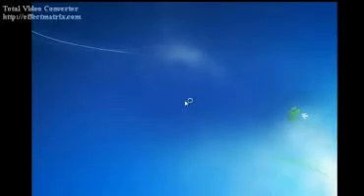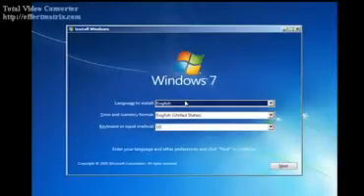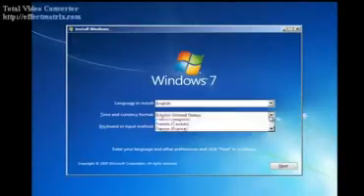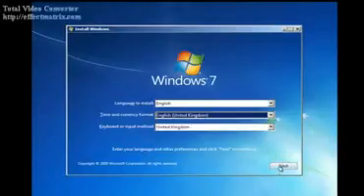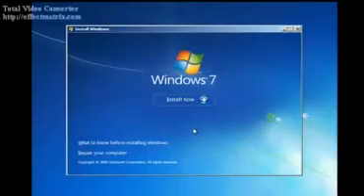Okay, once we've loaded the Windows files and gone through the starting Windows splash screen, we'll be prompted to enter language and time format. I'm English UK, so we'll hit that, pick whichever country you're in and click next. Okay, this is where we've got to be careful. What we don't want to be doing is installing. And you'll see down here in the bottom left that we have an option to repair your computer. So if we left click on that,